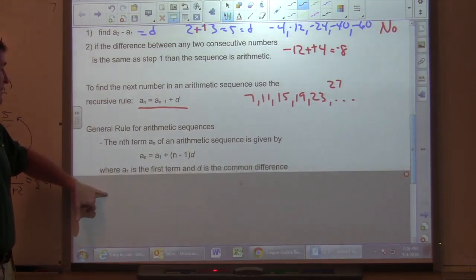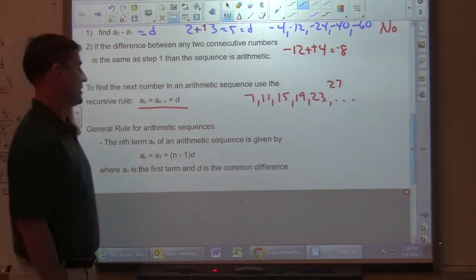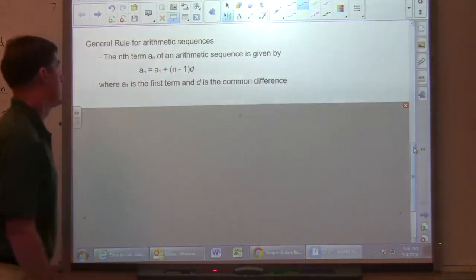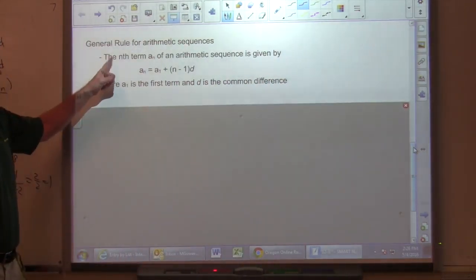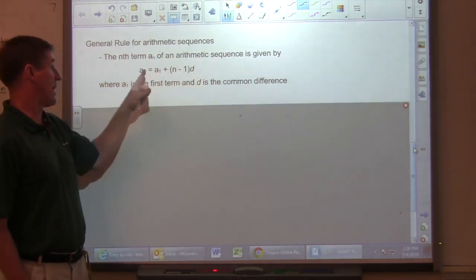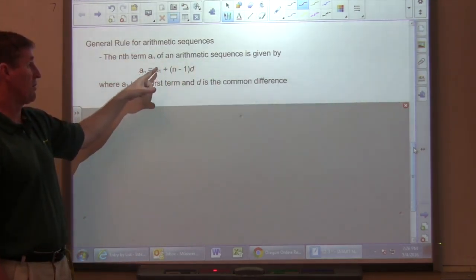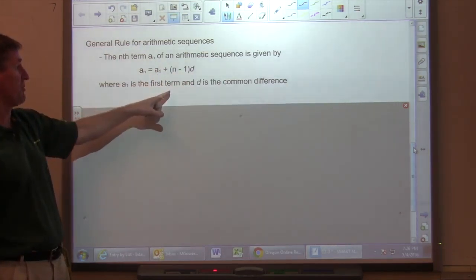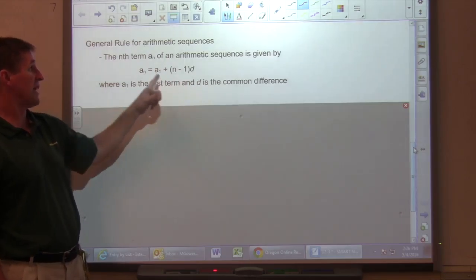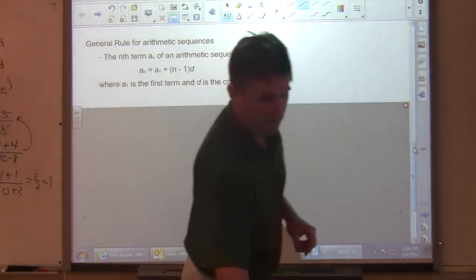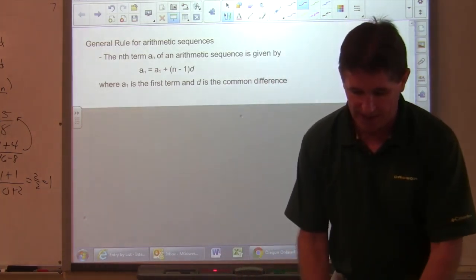The more common thing that we're going to use is the general rule for arithmetic sequences. If we want to find the nth term, so that's a sub n, of an arithmetic sequence, it is given by a sub n equals a sub 1 plus n minus 1 times d, where a sub 1 is the first term, d is the common difference, and a sub n is how far out we're going. So, an example of that,